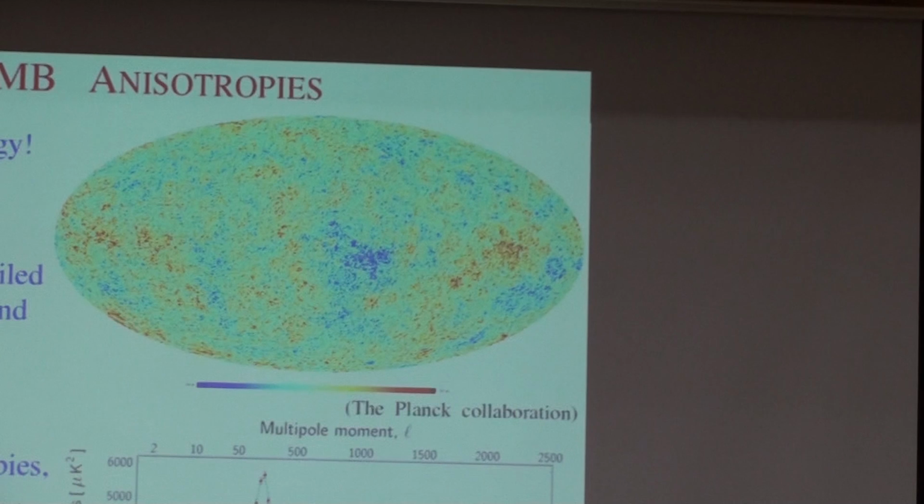I should mention something else. The peaks in this curve are also a prediction, 1970, of the Big Bang cosmology. So these peaks were detected, this first peak was detected in the late 1990s, about 30 years after prediction. So again, I'm trying to emphasize that the Big Bang has actually made predictions for each one of these things, and every one has come out to be right, with observations done 30 years later.